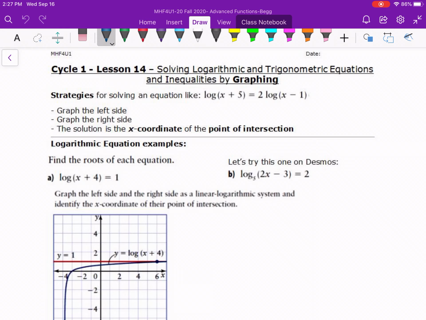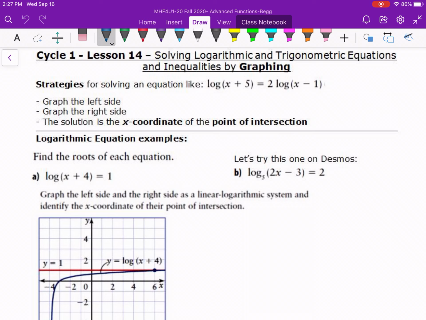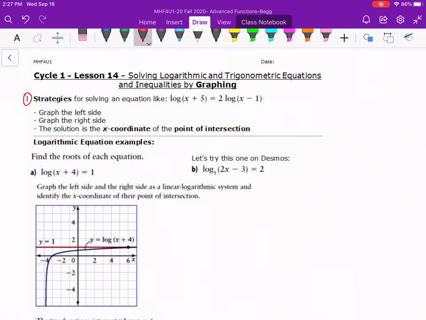I think we've done some logarithmic ones already, haven't we? No, we've done rational functions. All right, so there's two strategies that we saw for working with the rational functions. One of them is to graph the left side, graph the right side, and the solution is the x-coordinate of the point of intersection. However, we also saw another possibility is to put everything on one side